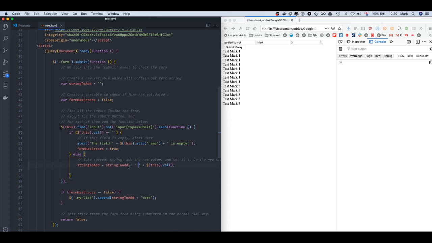space to it. Yeah, so plus just means attach this bit of text to the end of the existing bit of text. We then add a space, and then we do another plus, and we add the value of the current field. So the current field, this is still referring back to the input that we're in. And remember that we're doing this function for each input. So we're doing it first for the name, then we're doing it for the address, then we're doing it for